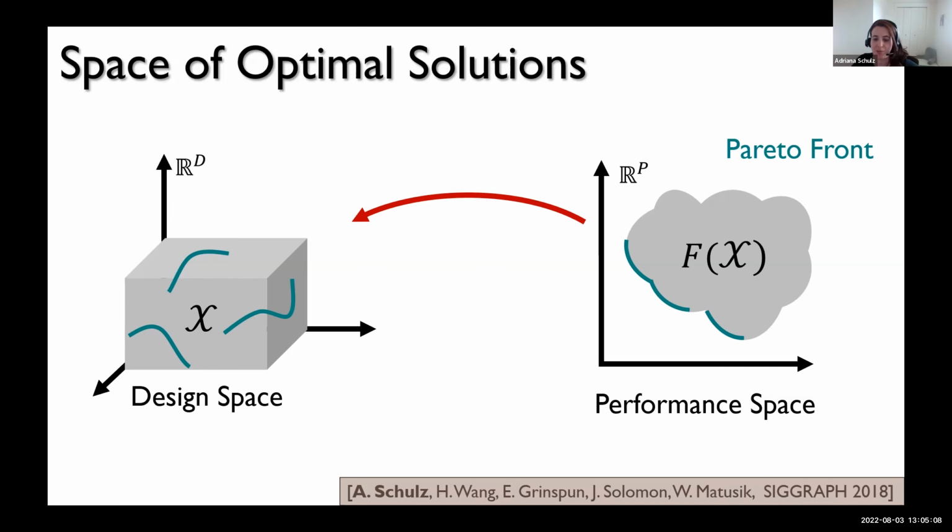If you've done some work in mechanical engineering, you probably heard of this term called the Pareto frontier, which is this landscape of optimal trade-offs when you have multiple performance objectives. The idea here is that the space of performances that you care about is not your whole space, but only the ones that can maximize the best trade-offs across the objectives that you care about.